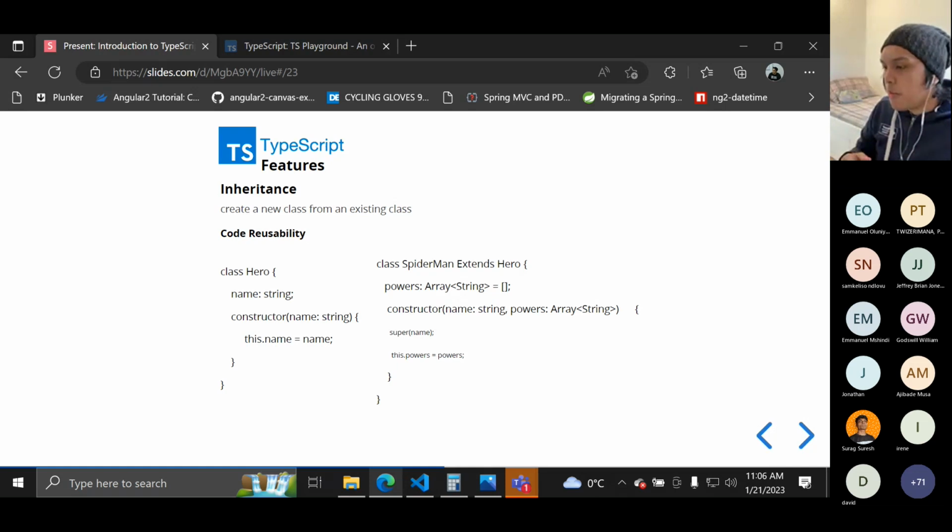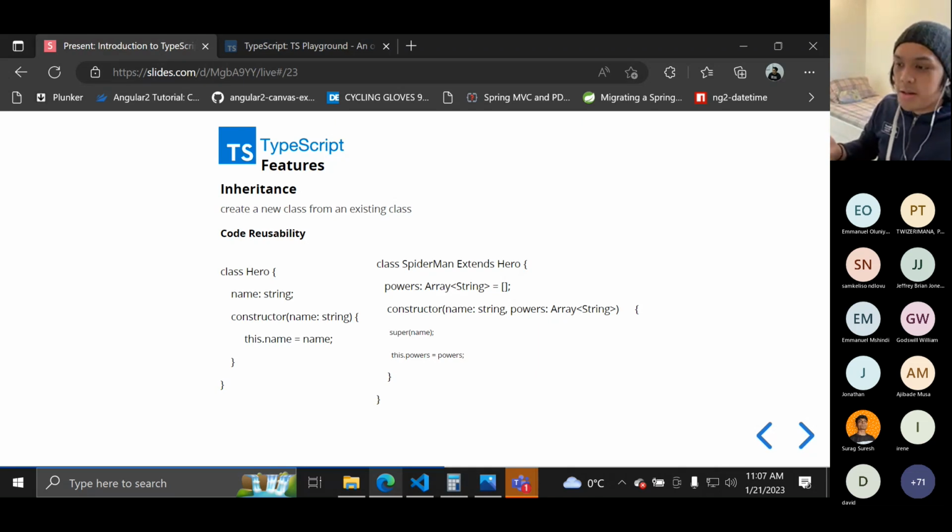In this example, we have a class Hero. It has a property name and a constructor which initializes the value of the name. We want to create a class that also has a property of name, so we want to extend the Hero. We can create a class Spider-Man.